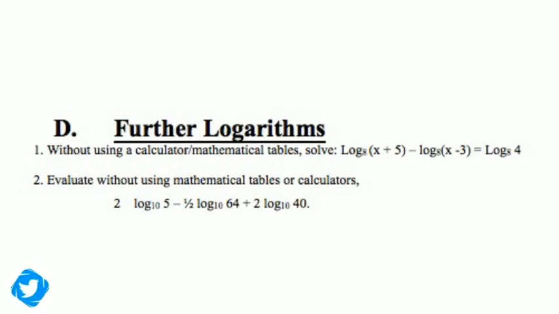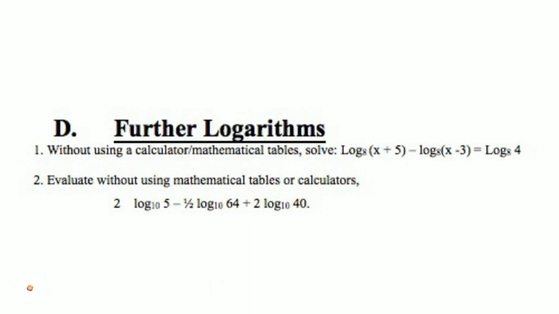log x plus 5 to base 8 minus log x minus 3 to base 8 equals log 4 to base 8. So when you are faced with such a challenge, number 1, you identify if the logarithms have the same bases. Here they have the same base, which is base 8. Number 2, if they have the same bases, you collect the logs to the same base on one side. So you write log to base 8 of